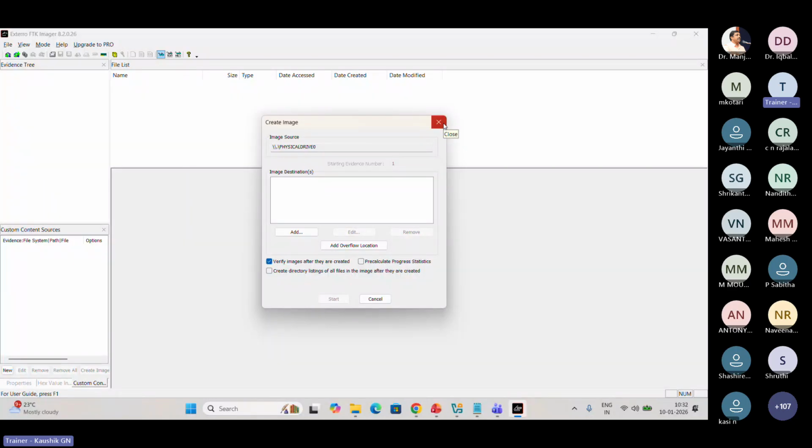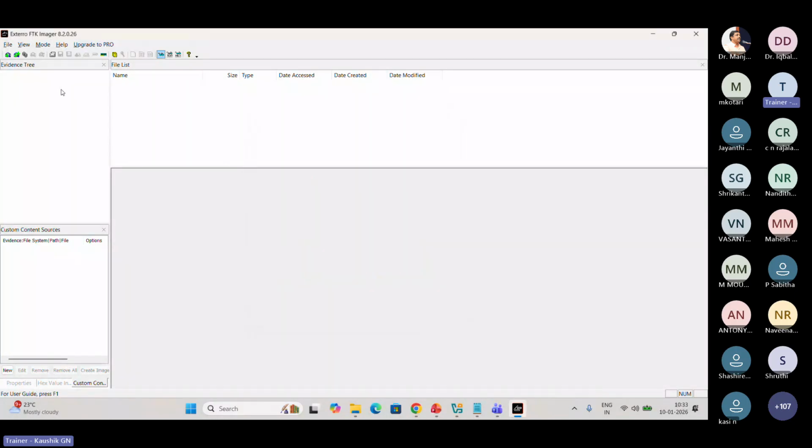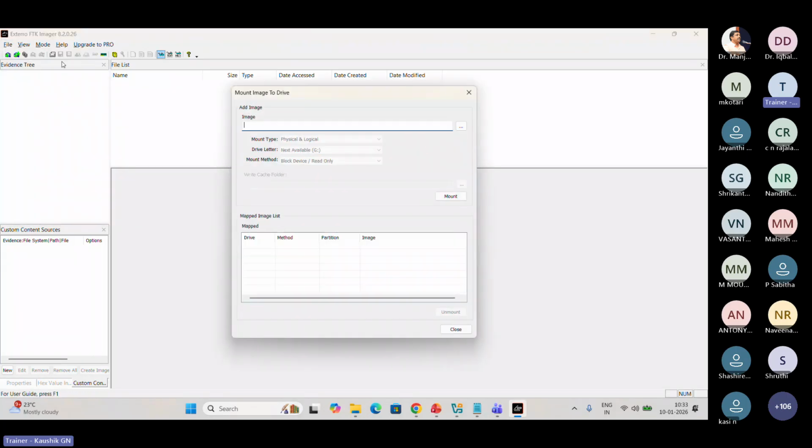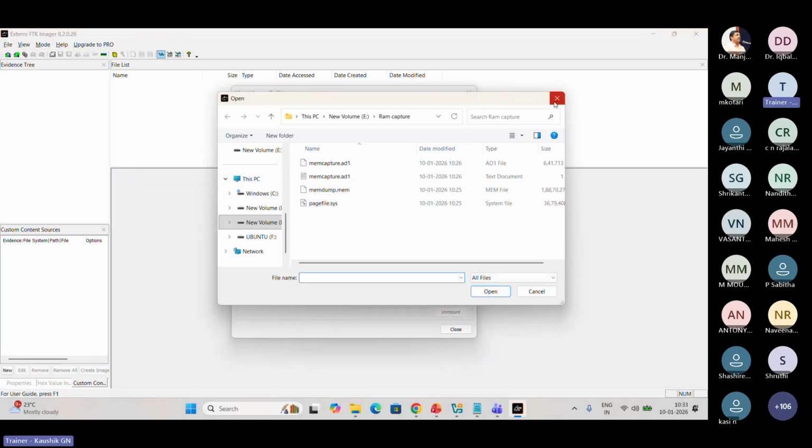For this reason, I have to use my pen drive. For example, I will use my pen drive. If I use my pen drive, I can select the destination as the pen drive. So everything will be copied into the pen drive. So for the physical imaging, you can't use it. You can't create it on your own device. For that reason, you have to externally plug in the hard drive for the physical imaging.